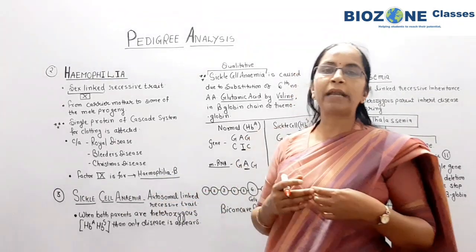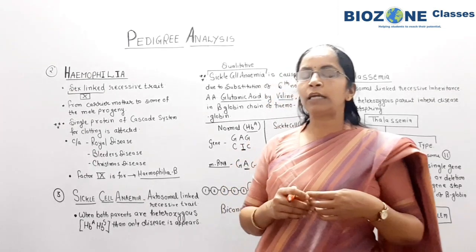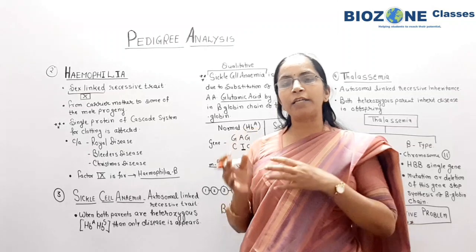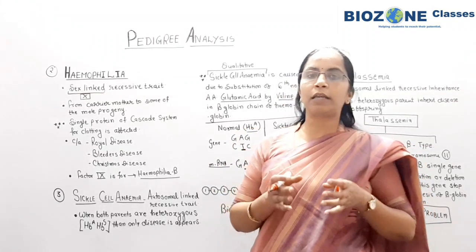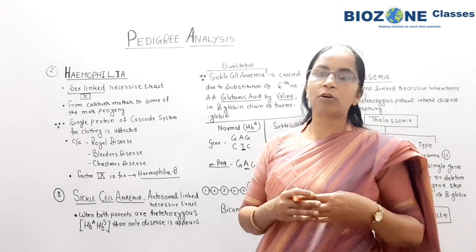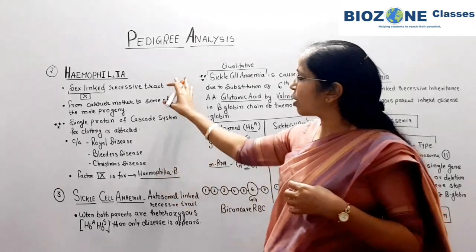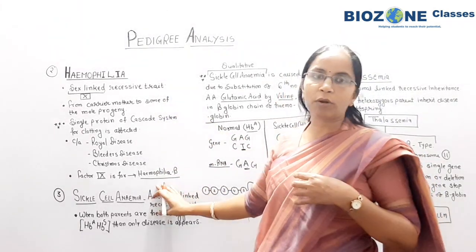And how the pattern of inheritance takes place, that we study separately: for color blindness, what the combinations are, if the father is normal and mother is a carrier, or if the father is diseased and mother is a carrier, then what percentage of progeny is affected. That is a separate part that we discuss separately. For the X-linked inheritance disease, this much you remember for hemophilia.